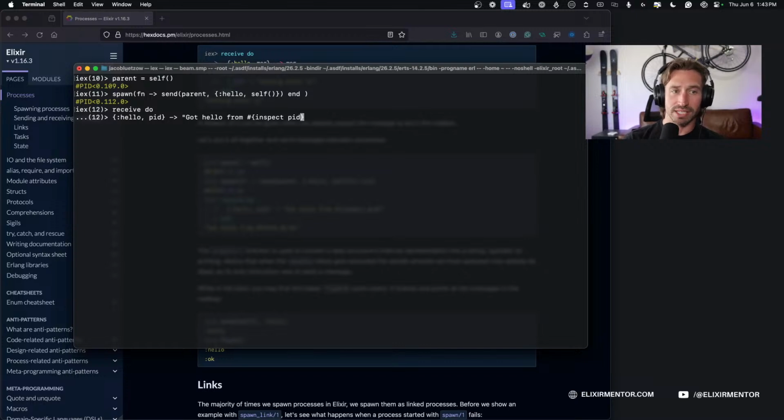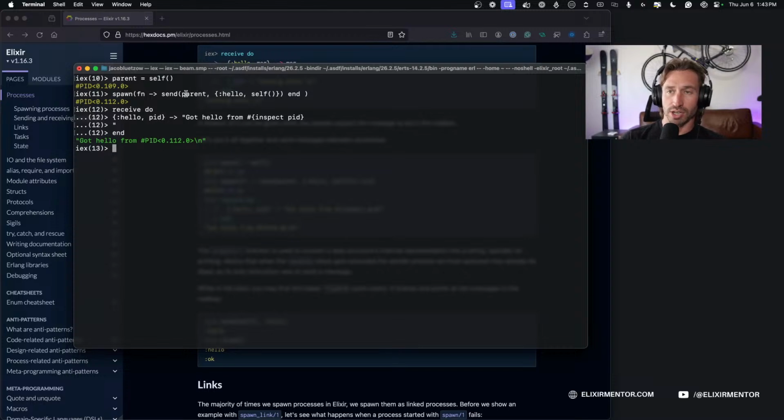And inspect is just a function that will convert any data structure to a string so we can print it out in logs. So if we do that, I need a parenthesis. Hopefully it lets me do that. And then we can end this, and we got our spawned process 112